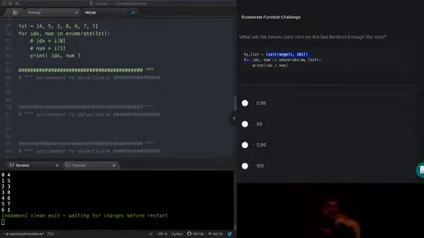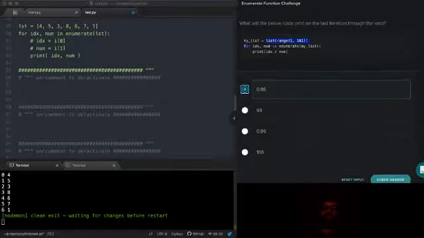So that's 99 elements. So I think that's going to be 0 through 98 over num. This is going to include 100. So 98 over 100. I think that's going to be 0.98.